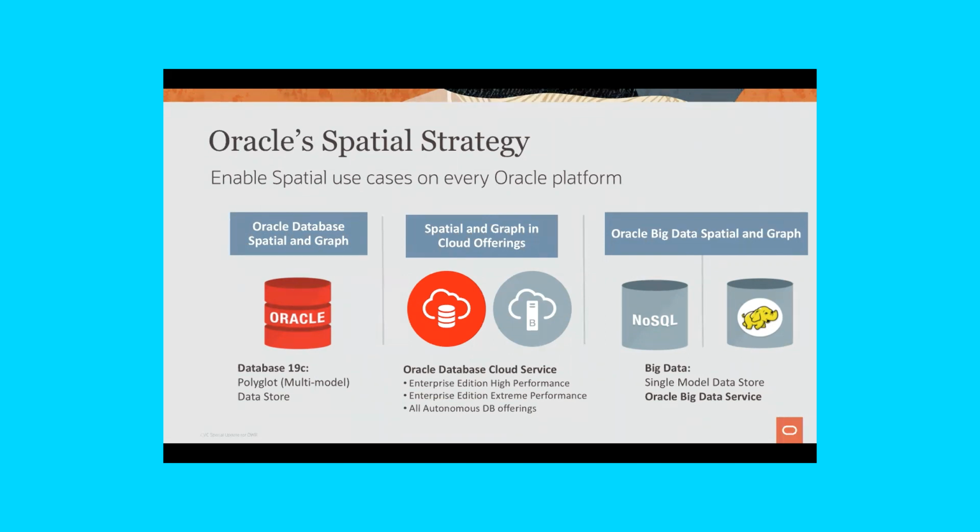All of the Oracle database cloud services include spatial technology. That means all of the enterprise edition, high performance, and extreme performance offerings, and also all of the autonomous database offerings, including ADW, ATP, and ATP dedicated. All of the database cloud platforms offer spatial technology as part of that.